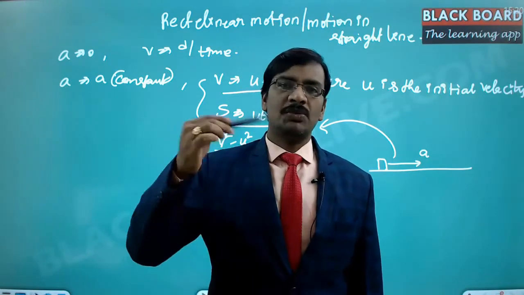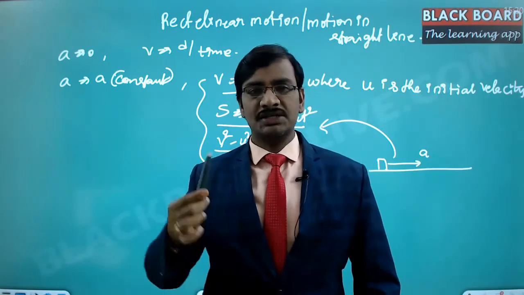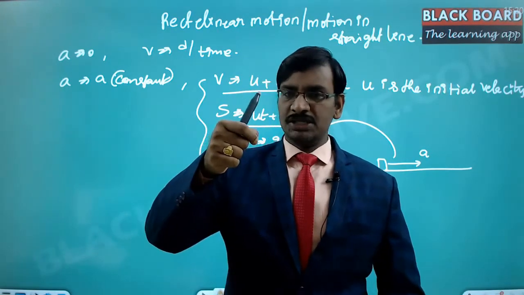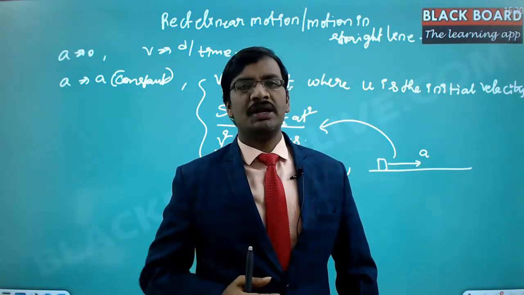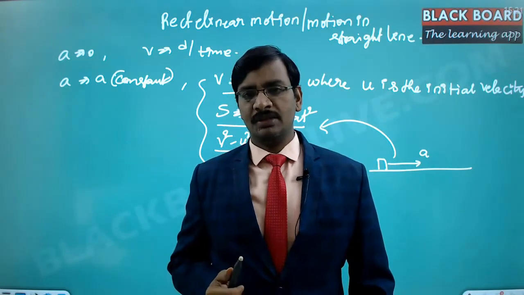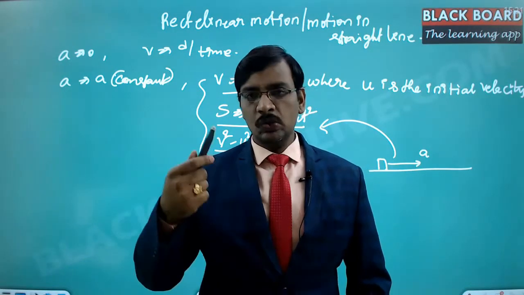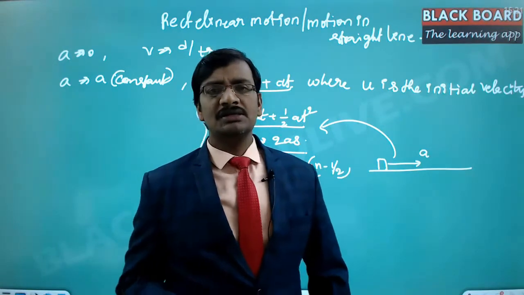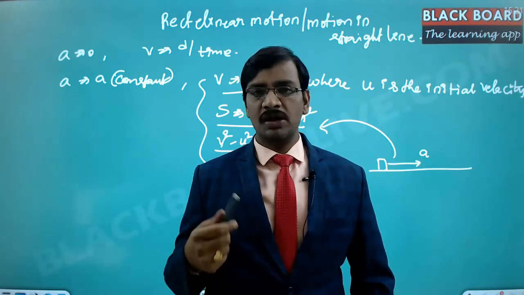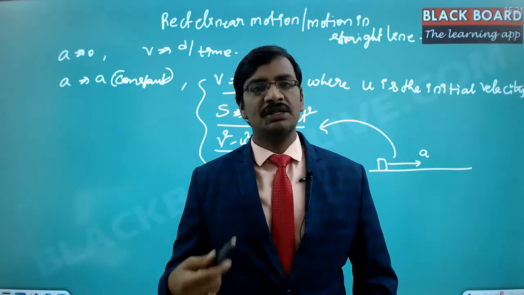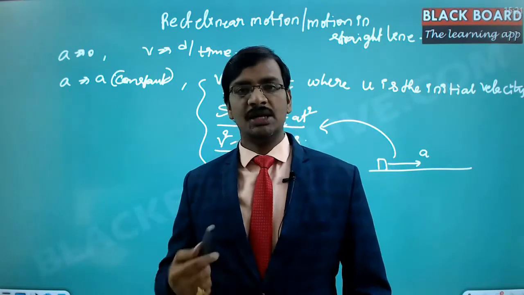So suppose the ball is dropped from the aeroplane. When it started, it started with zero velocity because we just dropped the ball like this. But by the time it comes to the ground, it travels with a very high velocity. See, from the starting point to the ending point, there is a huge increment in the velocity. That means there is a continuous acceleration. That acceleration makes the body travel with higher and higher velocities as time goes on. And finally it reaches a great velocity by the time it comes to the ground.